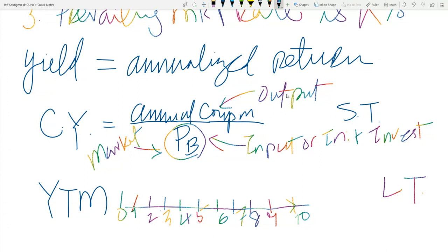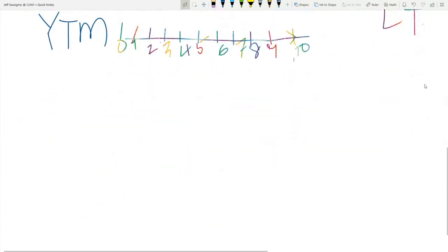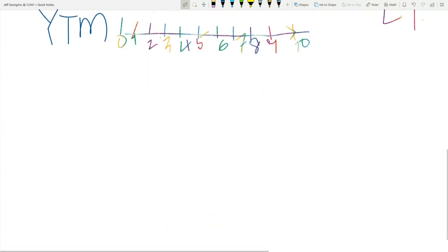it's mathematically called internal rate of return. So let's see what that means. Another way of understanding yield to maturity is, first of all,